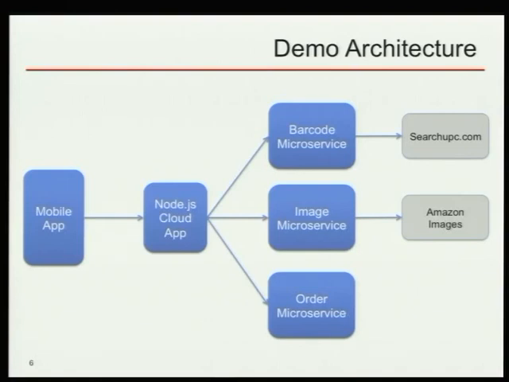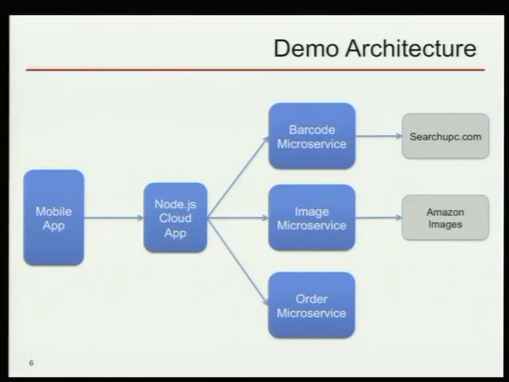The other thing Search UPC returns is a URL of an image representing the product you just scanned. And that's typically a link to something in Amazon, because let's face it, Amazon sell pretty much every product you can think of. So we also have this image microservice that will take the URL, reach out to wherever the URL is pointing to, get the data back, stream it back either as base64 or as binary, depending on what parameters you give it, and then cache it for, I think it's 10 seconds or 30 seconds, so that if a request for the same URL comes in again, it serves it back out of cache.